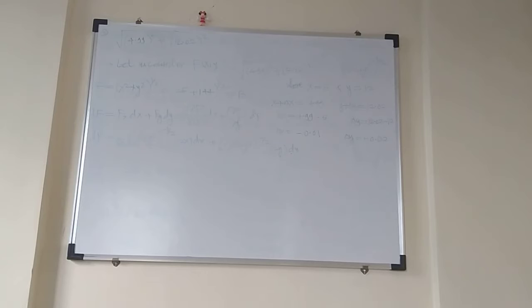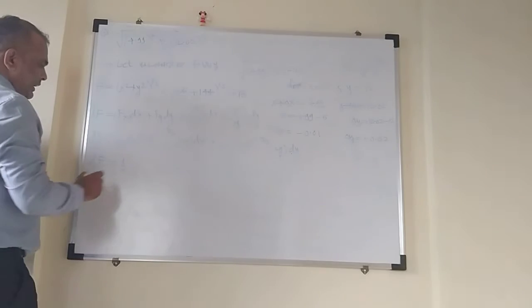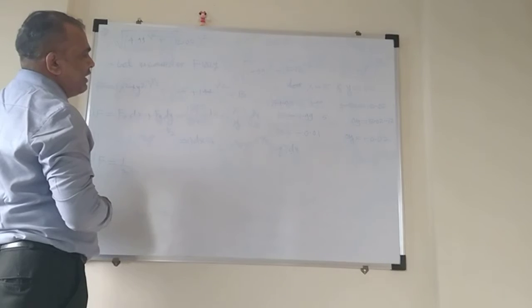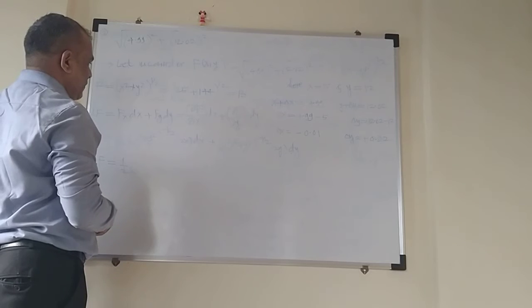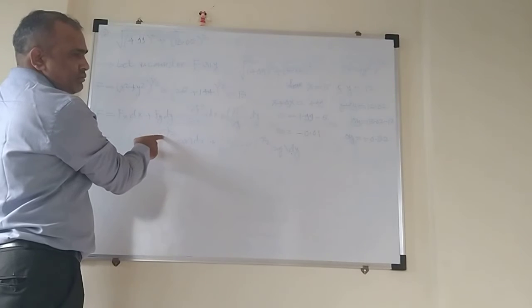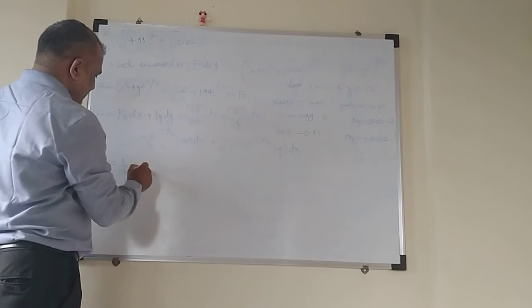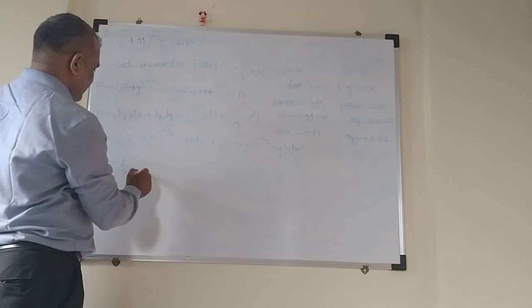Done? Now just put in the values of x, y, dx and dy. That will give you the value of the total differential df. So df will be equal to 1/2 into the bracket x square plus y square. x is 5, so x square plus y square is nothing but 13, as we have just calculated, and that 13 will go to the denominator. Why? Because its power is minus half. Minus half, once it goes to the denominator, becomes plus half. So this is equal to 1/13.